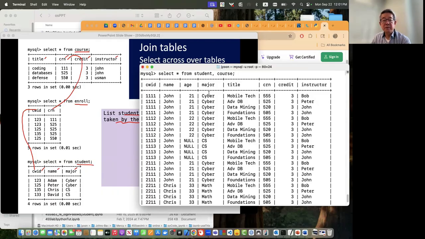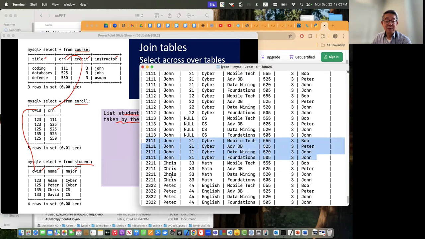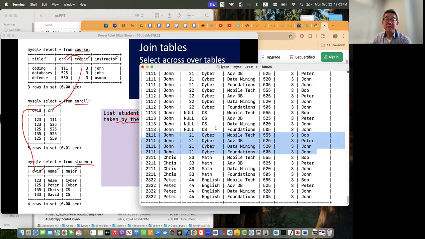This is student and student major titles here and instructor. So one of the nonsense is here. John, same John, right? He takes everything. CWID 1111, CWID 1112, he takes all. CWID 1113, he takes all. Everybody takes all. 2111, he takes all. 22111, 2323. This means all possible combinations. To avoid that,